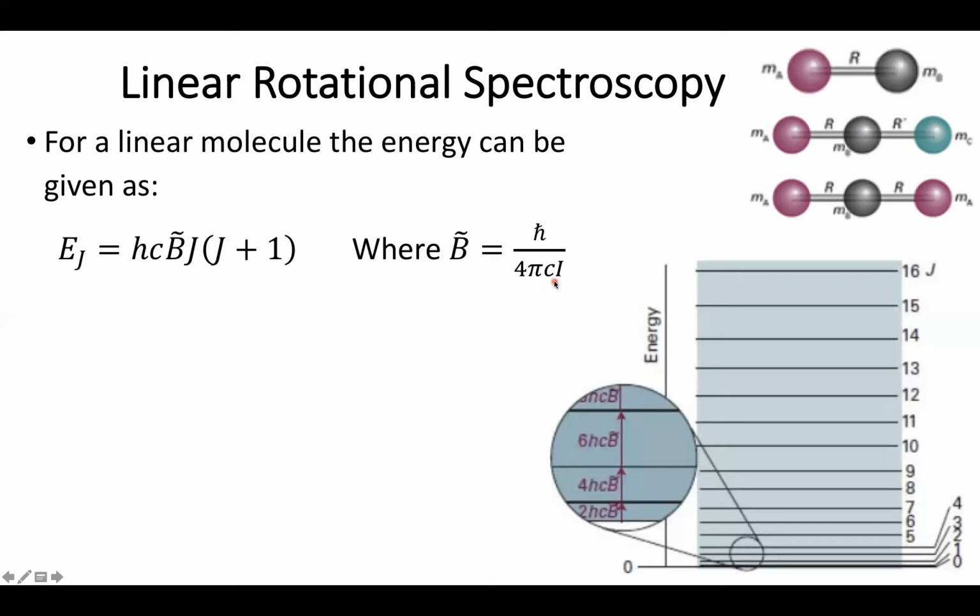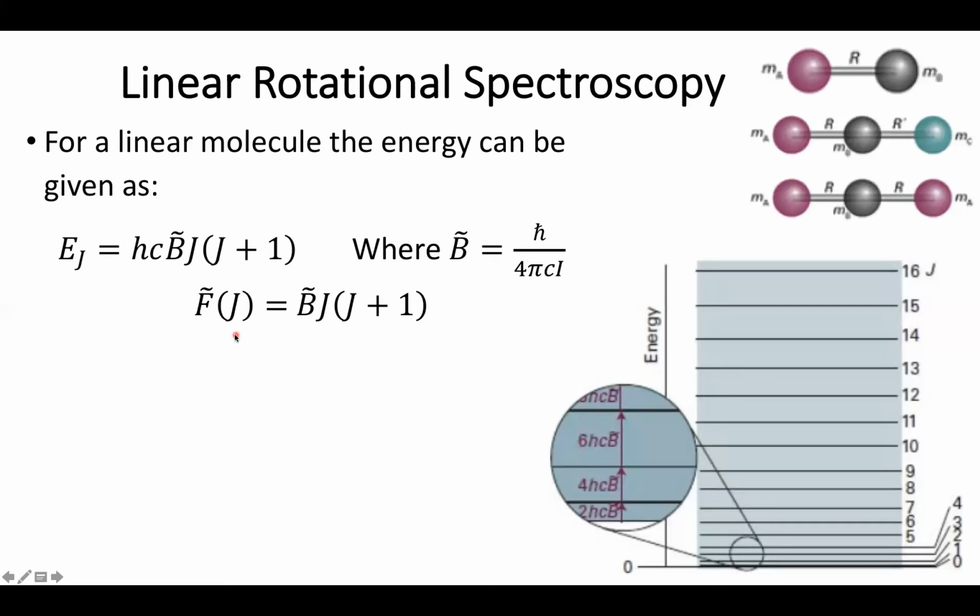But again, larger molecules, higher moments of inertia, smaller rotational constants, more compressed energy levels. In practice, since we're using spectroscopy, we often like to present these energy levels in wave numbers. So this will be, again, our rotational term, as denoted from our rotational constant. Only major dependencies are going to be on J and the identity of the molecule,